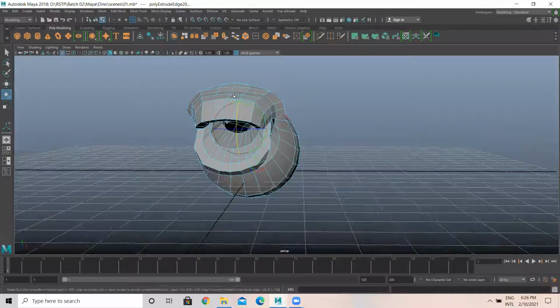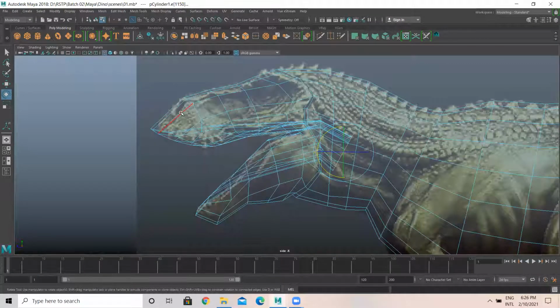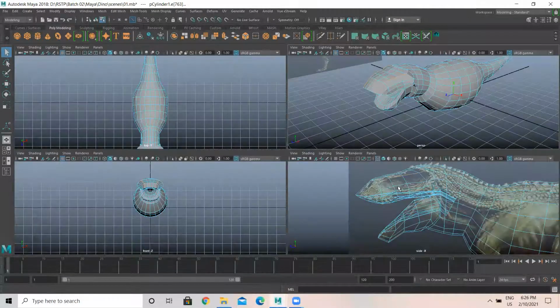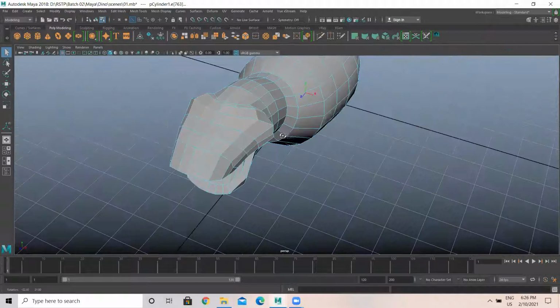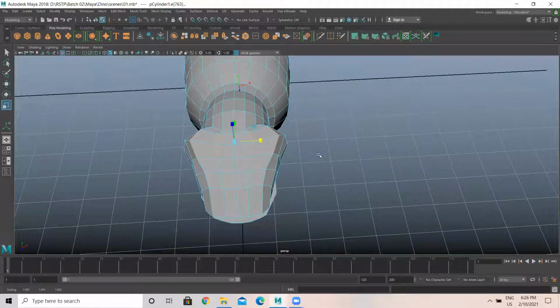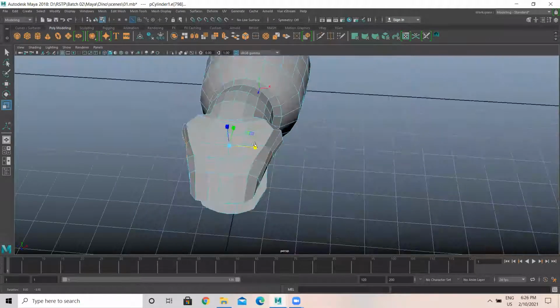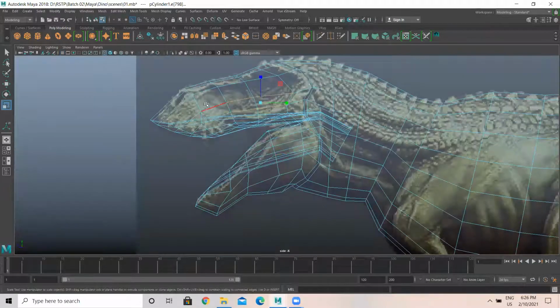So that's one thing. Here, this part. By looking at the reference, you should be able to manipulate the references.